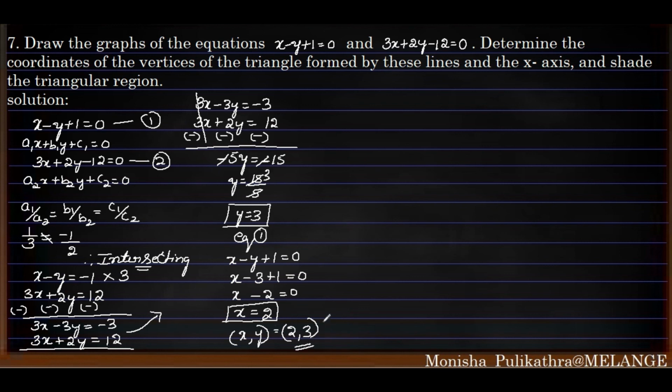After getting this intersection point, we need to find out the points of both the equations. So the first equation is x minus y plus 1 is equal to 0. Here, near the y term a negative sign is there. Whenever a negative sign is there near the y term, we need to shift y to the right hand side, and the rest of the terms we keep here itself. So x plus 1 is equal to y, that is y is equal to x plus 1 is the equation. Okay, so next we need to draw the table to represent the points here.